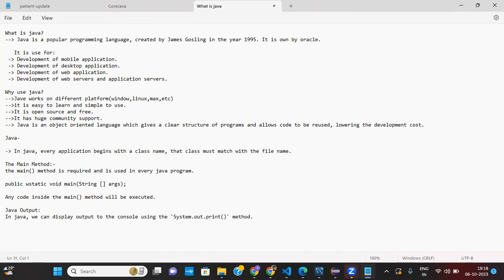This is one way. If we want to format our output, you will see a method named printf. It allows formatted output using placeholders and format specifiers.